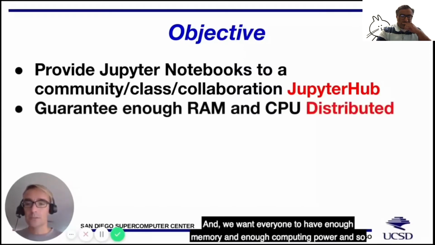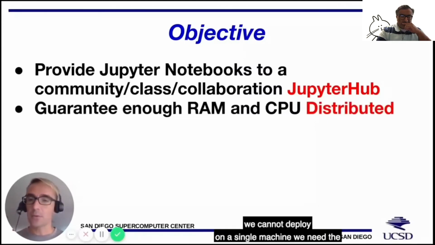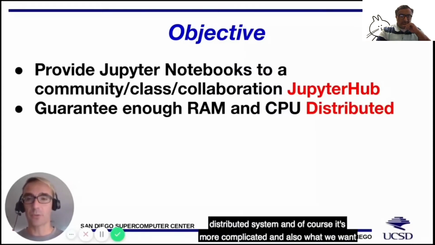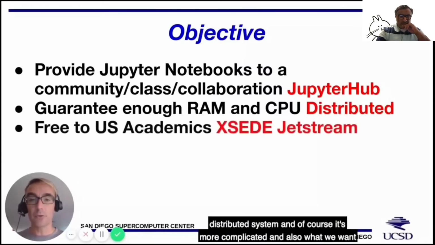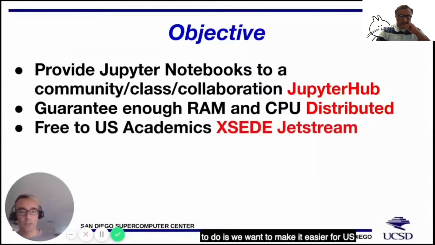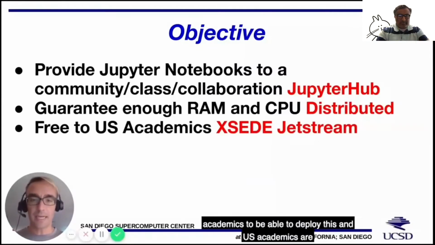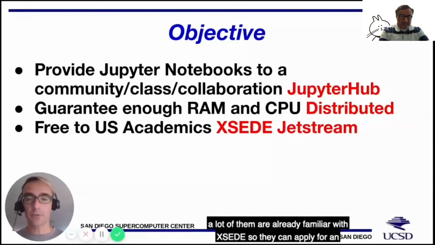And we want everyone to have enough memory and enough computing power. And so we cannot deploy on a single machine. We need a distributed system. And of course, it's more complicated. And also, what we want to do is we want to make it easier for US academics to be able to deploy this. And US academics, a lot of them are already familiar with XSEDE, so they can apply for